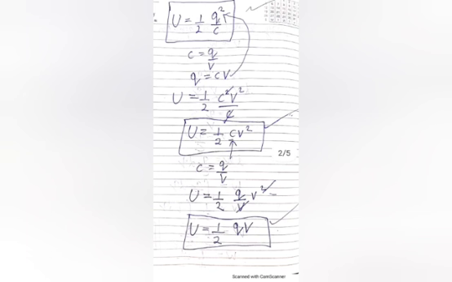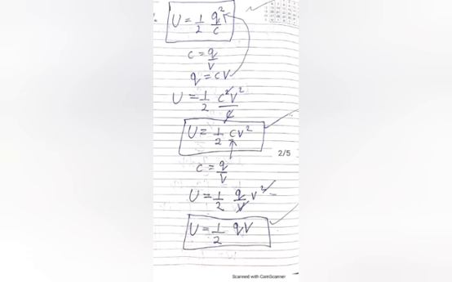So what we have done, as you can see in our derivation very clearly, is take the formula C is equal to Q by V, then make Q the subject, which is Q is equal to CV, and then put this value in our expression of energy, U is equal to half Q square by C. So when you put the value of Q, that is CV, it becomes U is equal to half C square V square by C. We'll cancel one C from the numerator and the denominator.